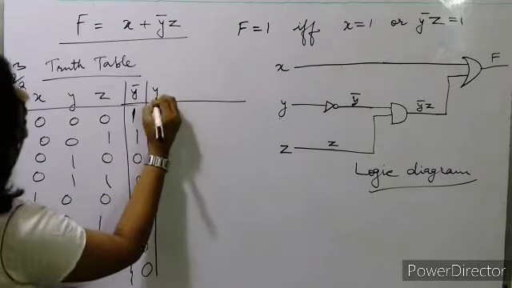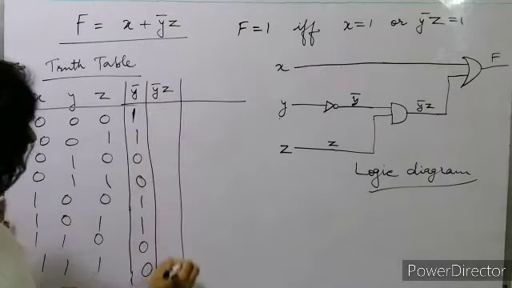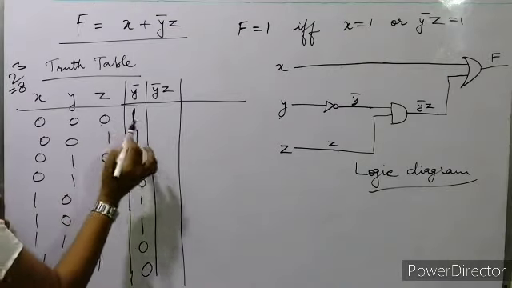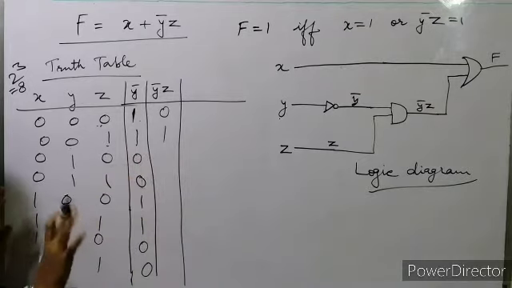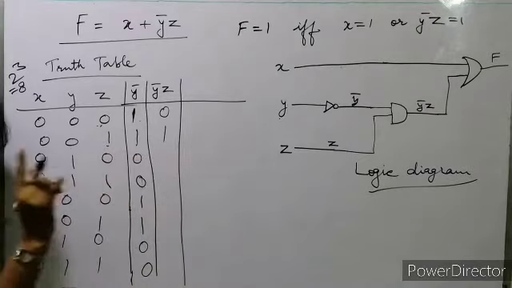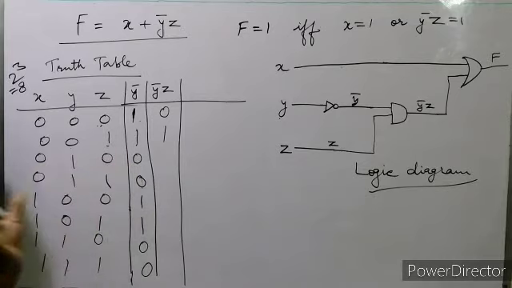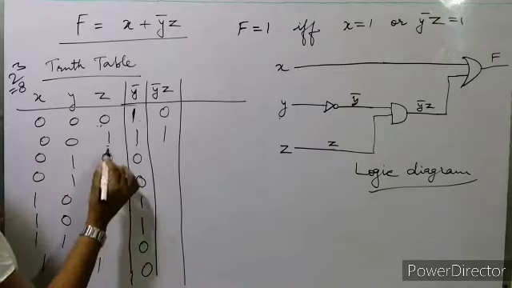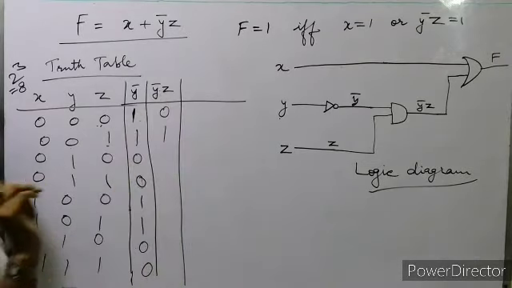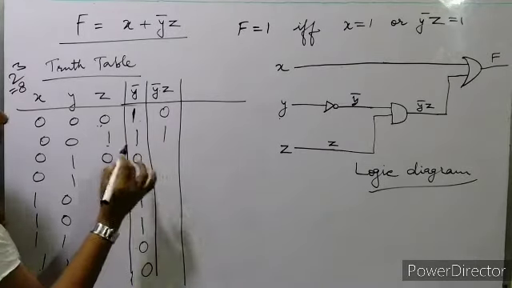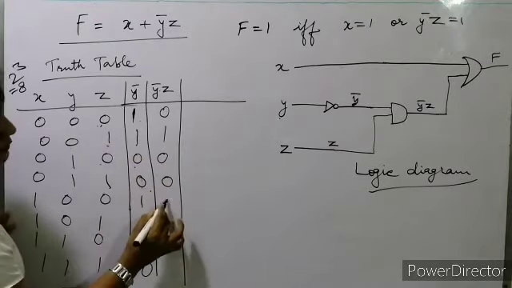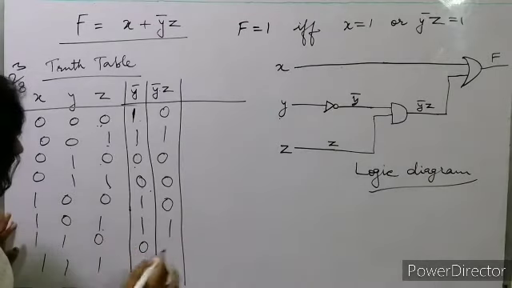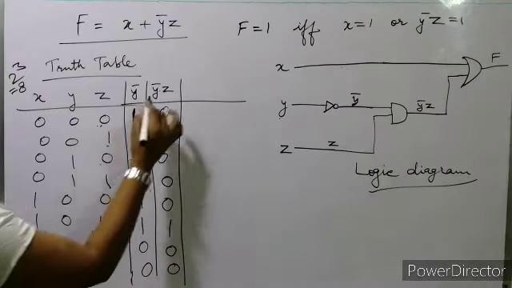Okay, now y bar dot x and z, so this into this we have to multiply. 0 into 1 will be 0. When we are multiplying, we'll get 1 only if both the inputs are 1, in the AND operator. Here multiplication means the AND operator we are applying, so if both are 1 then only the answer will be 1. 0 0 0 1 0 0 0 1 0 1 1 1 0 and 0. Okay, so we have got this one.